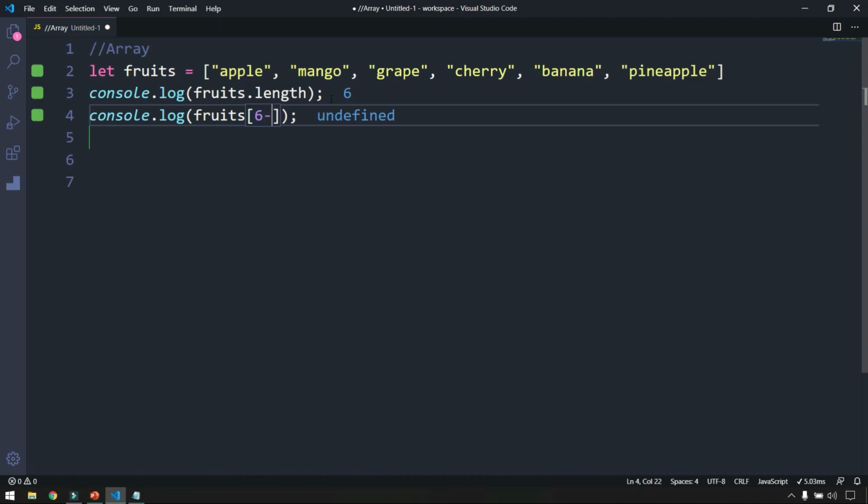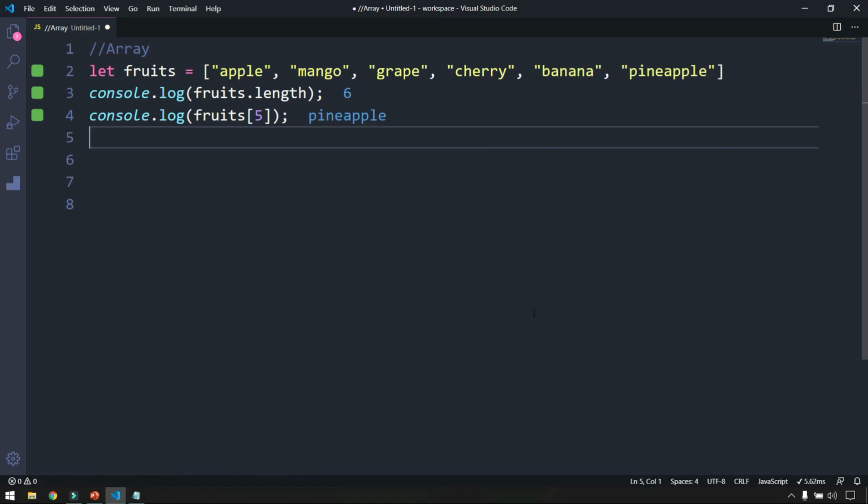So if I say 5, which is 6 minus 1, I will get the value, right? Fine. So remember, to declare an array, you have to use the square brackets, whereas to fetch one value from an array, you have to use the same square brackets, but you have to pass the index of that array, okay.